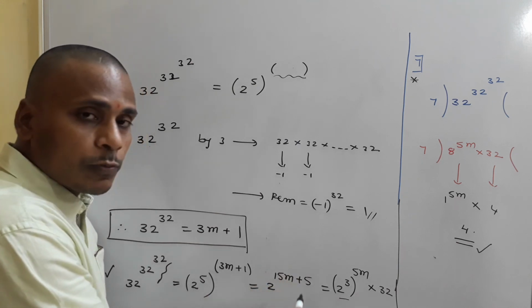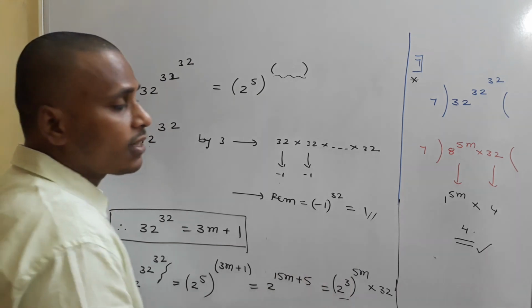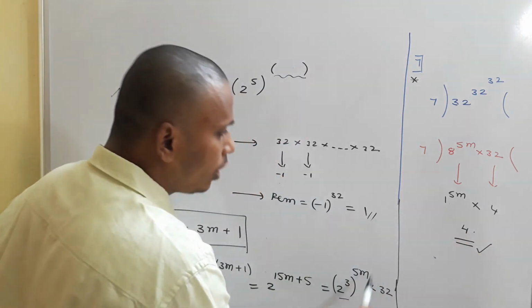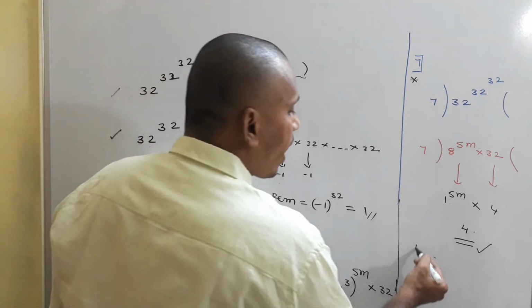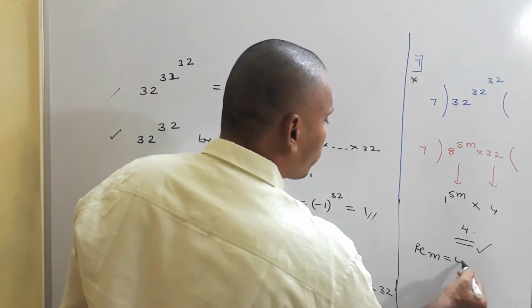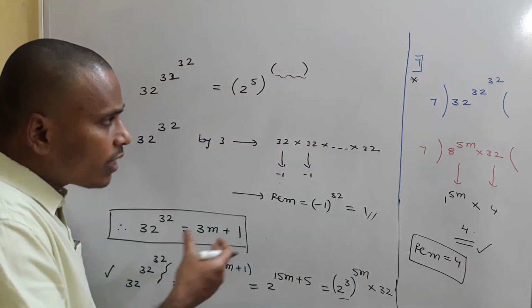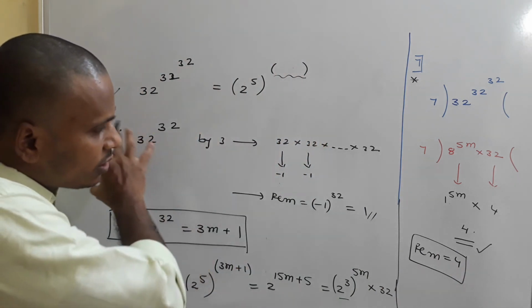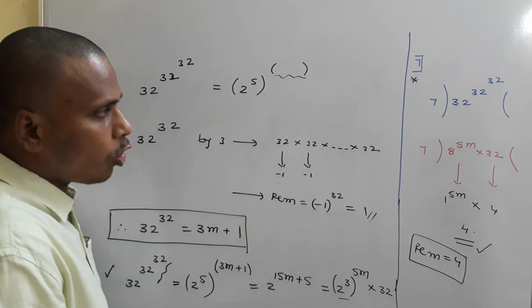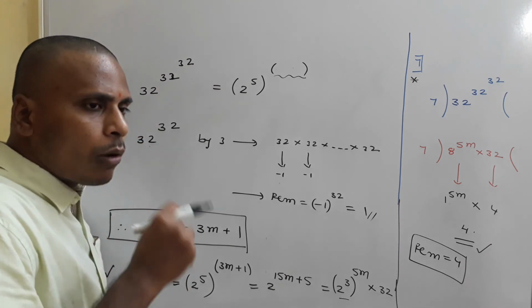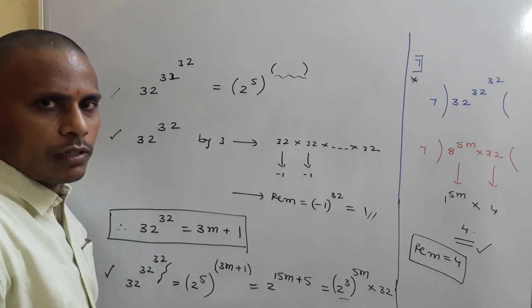And now you just try to express it like 2 cube power 5m into 32, and then it gives you 1 as remainder at the end, and this 32 leaves 4 as remainder when divided by 7. So 1 into 4 is 4, and the final remainder for this problem is 4. Okay, just have a look. Just for the analysis and for our discussion, I mentioned everything on the board, but while solving, you need to analyze the problem, you need to think about how to solve it, and it is actually a simple problem. Just have a look.